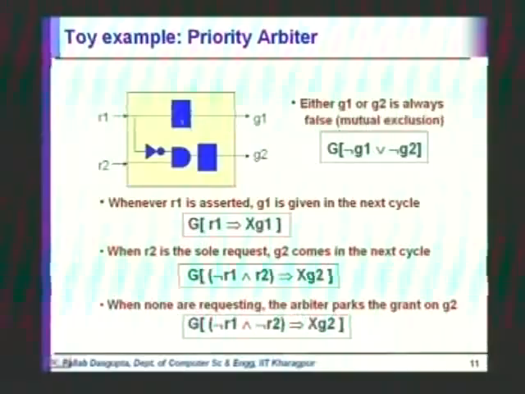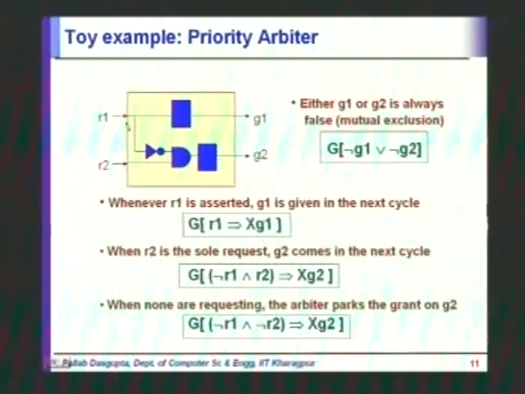Okay, and when R1 is not high, then G1 will be low in the next cycle, right? So at each point of time